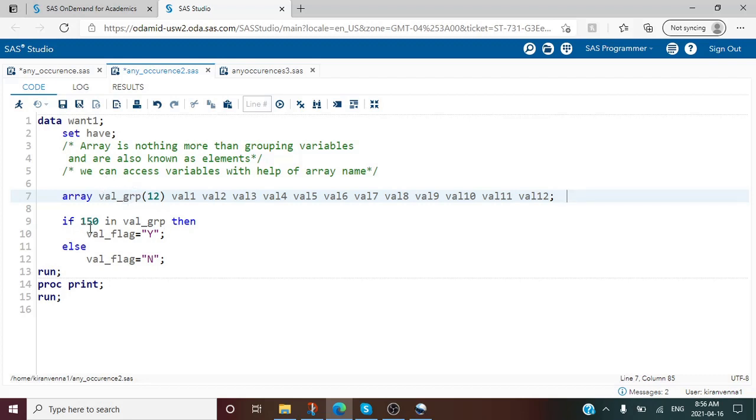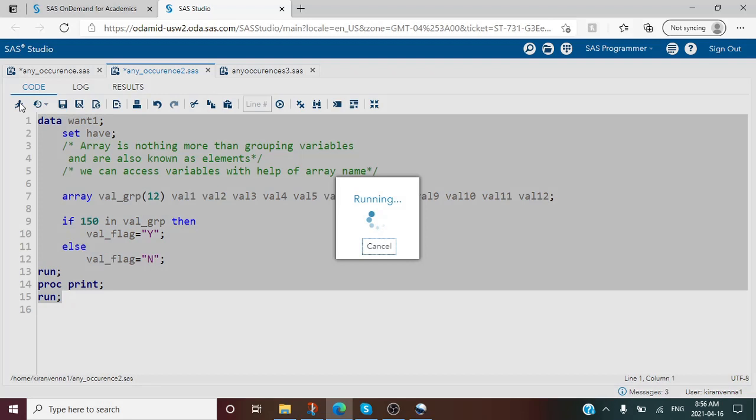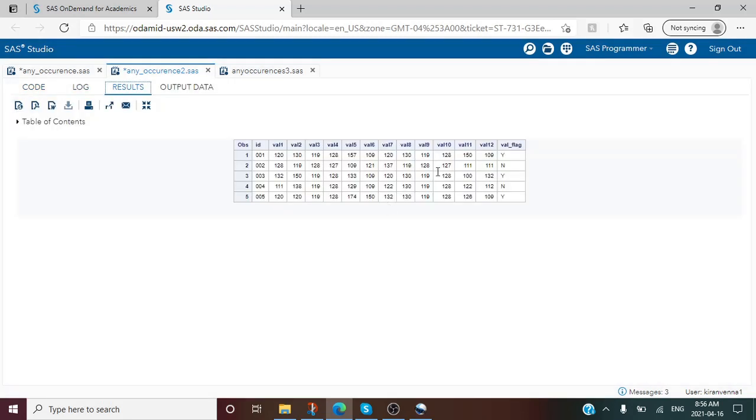By writing if 150 in val_grp, we are accessing all of these variables, and then we say val_flag equal to y, else val_flag equal to n. Now you can see that the code is very much simplified. We have not written or again and again. Now let us quickly run this program. You can see that we have the same result over here.